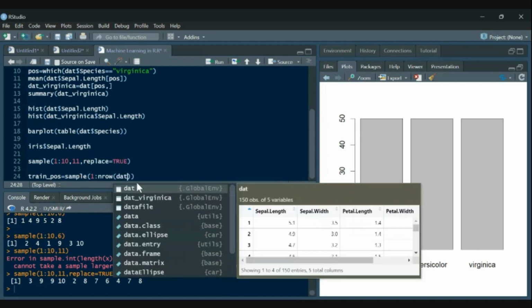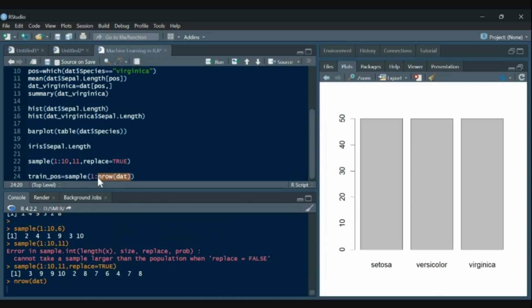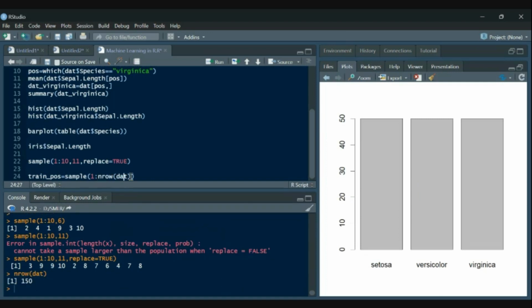And what is our data? iris or dat. Let's see what it gives. It gives us 150. So from 1 to 150, we want to generate 70% of the data, so 0.7 of our n.